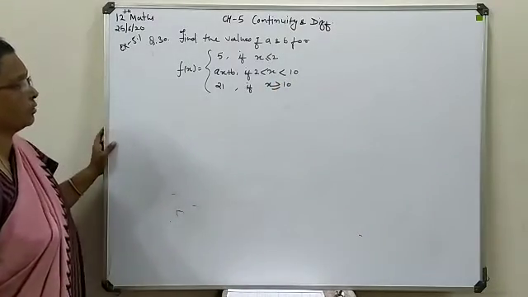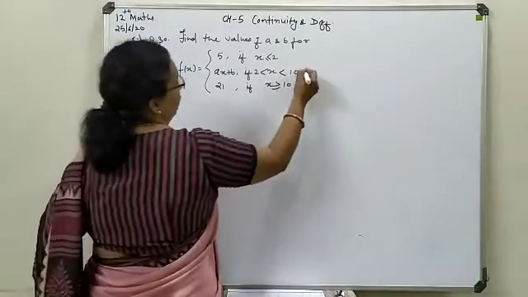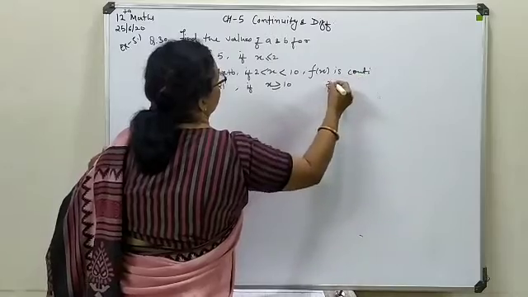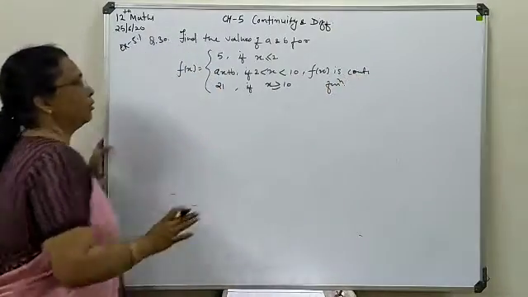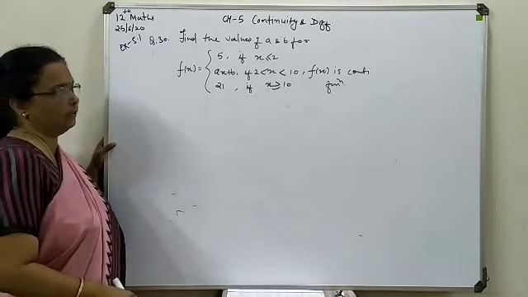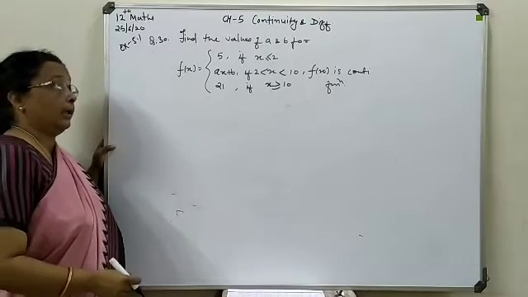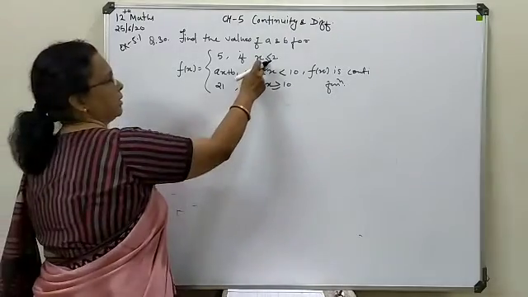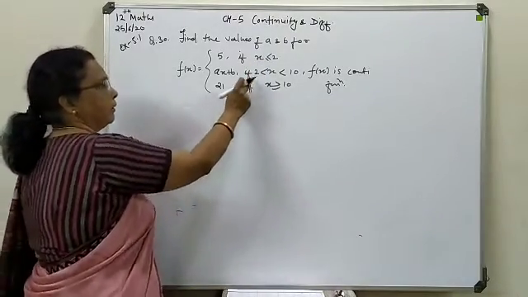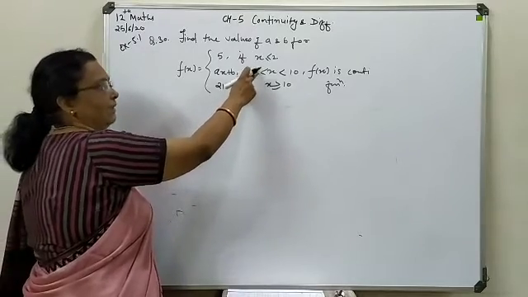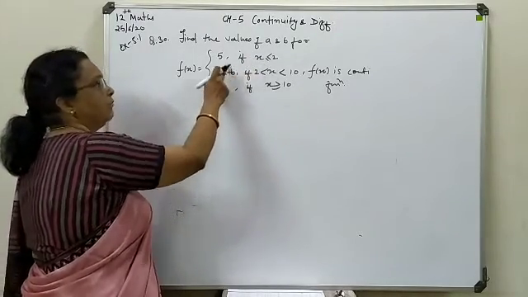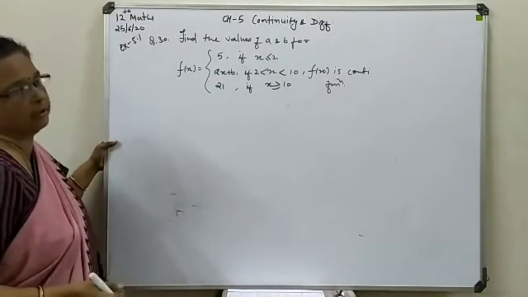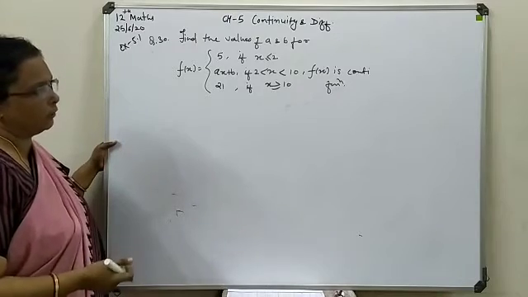So this way this question is given, and it is given that f(x) is a continuous function. At which point it is not given, you have to decide at which point it is continuous and go for evaluation of a and b. As in the last class I told you, where equality is given at that point, and on both sides less than or greater than function is defined properly, we will go for checking of the continuity, or as a continuous function you will just adopt the solution.